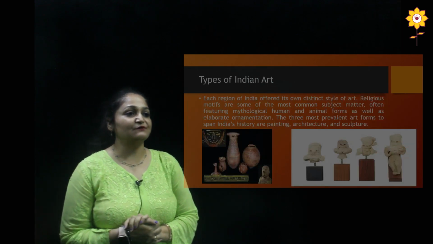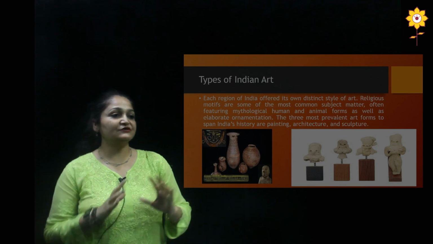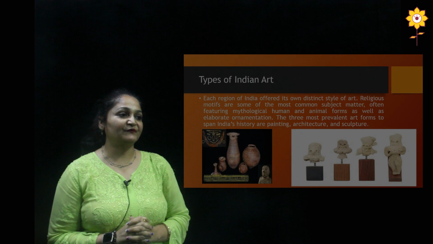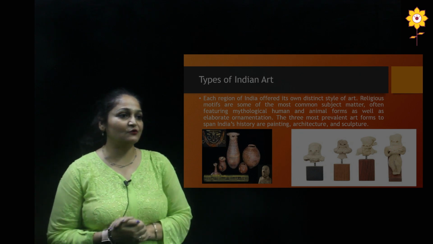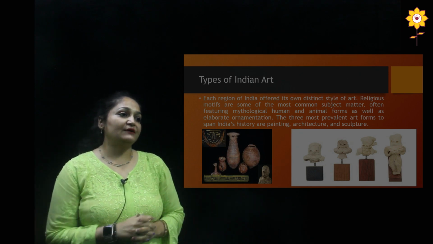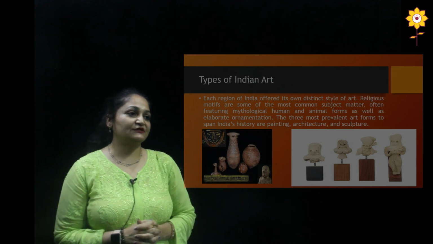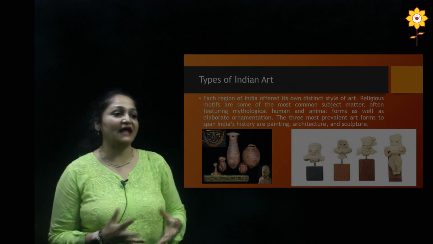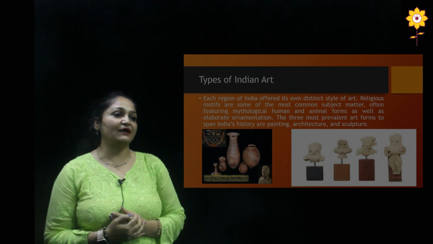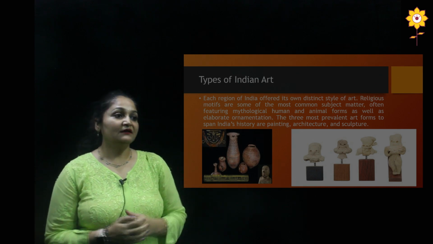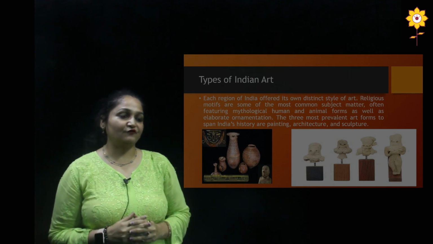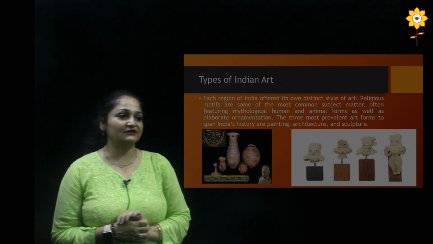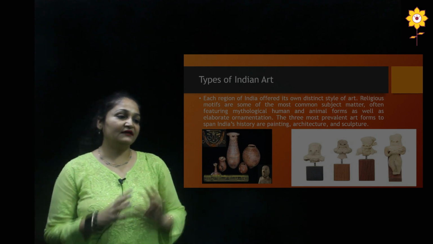Now, there are various types of Indian art. Each region of India offered its own distinct style of art. It may be related to religious motifs, but some of them deal with common subjects like daily activities, mythological, human and animal forms, as well as some elaborate ornamentations. The three most prevalent art forms to span India's history are painting, architecture and sculpture, and it depends